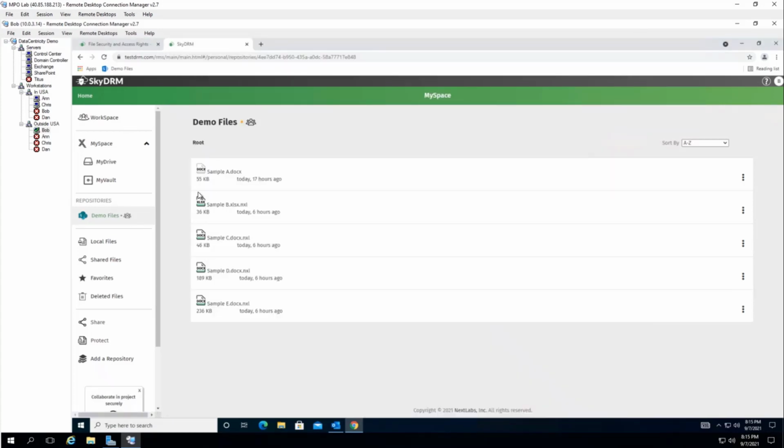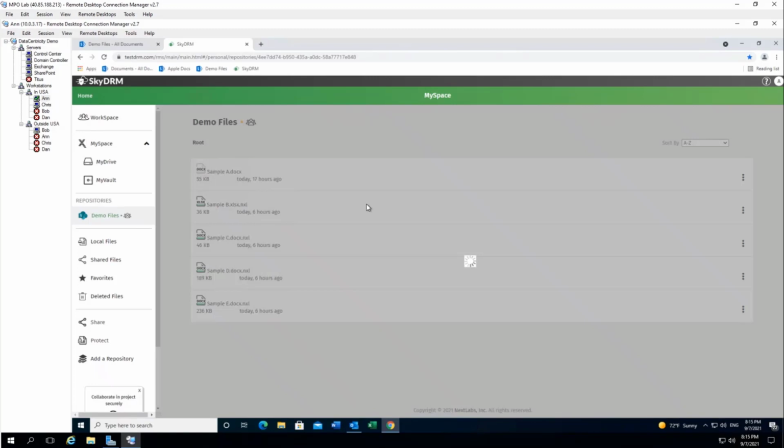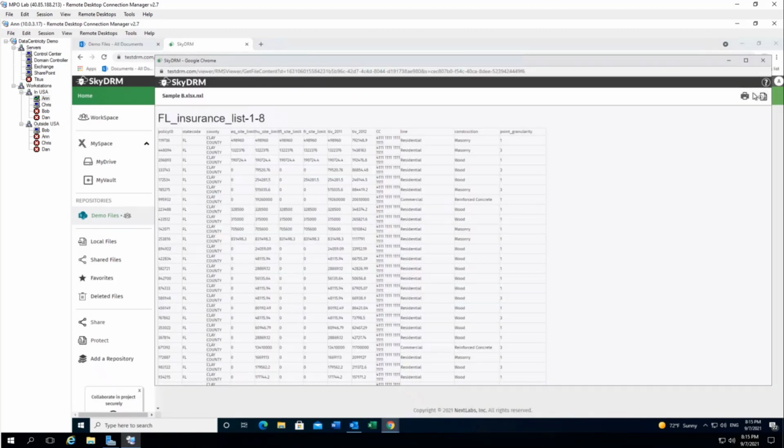Now we have two other files in here, A and B, and we see that A has not been protected, because if you remember, A is an unclassified file, and so it didn't warrant protection, and it can be read and shared by anyone. Where document B was classified secret, and it's protected. And while everyone in the demo could access sample B because it's a secret file and everyone has a secret